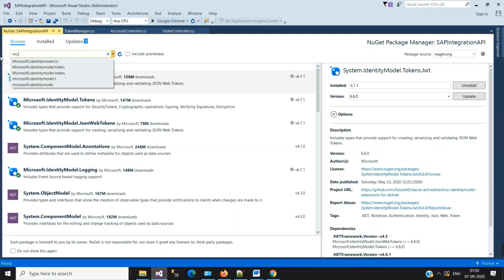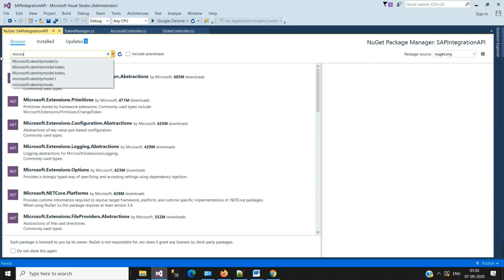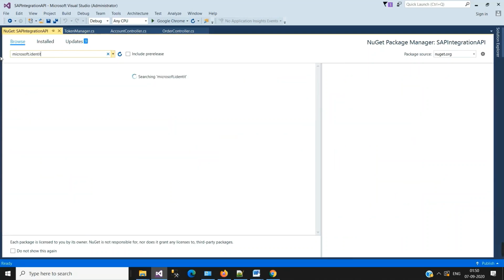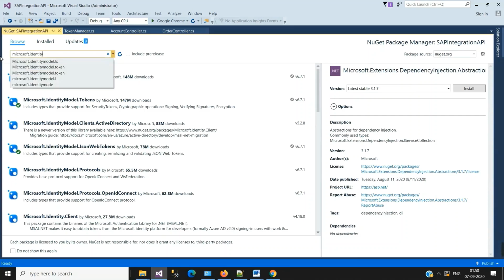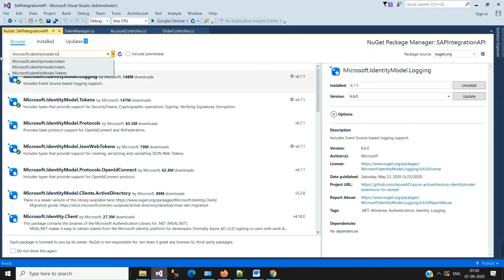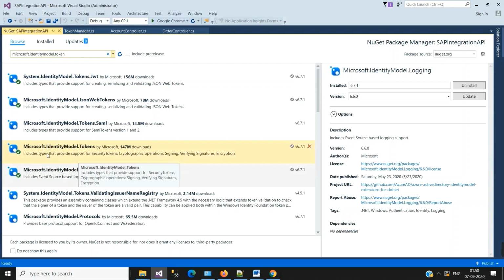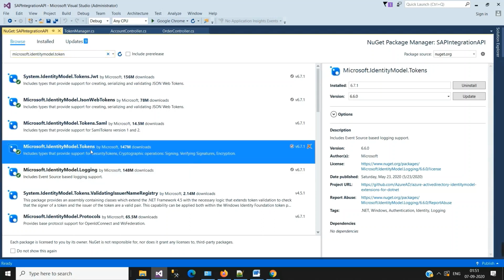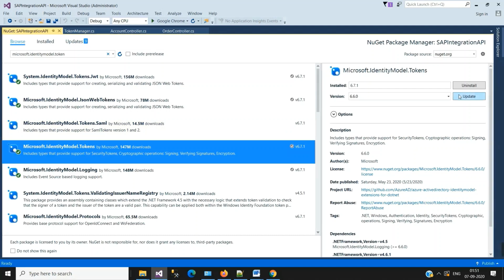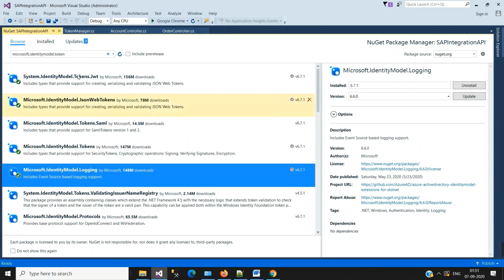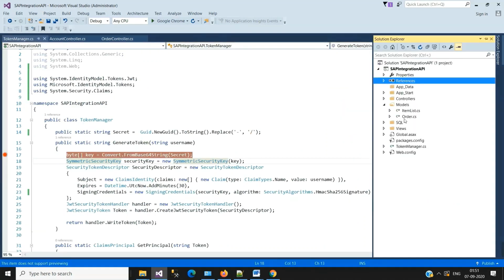Now the second one is Microsoft.IdentityModel.Tokens. It says these two namespaces are already added.